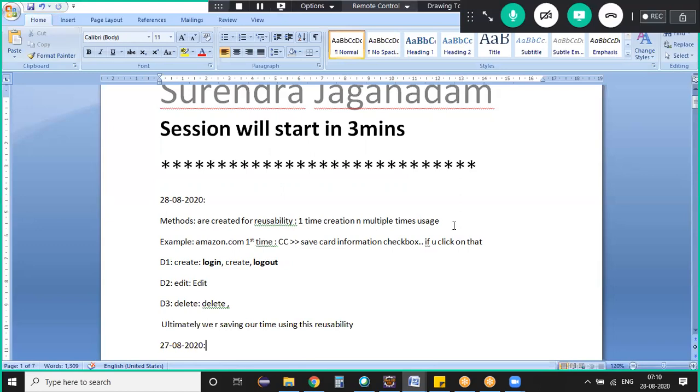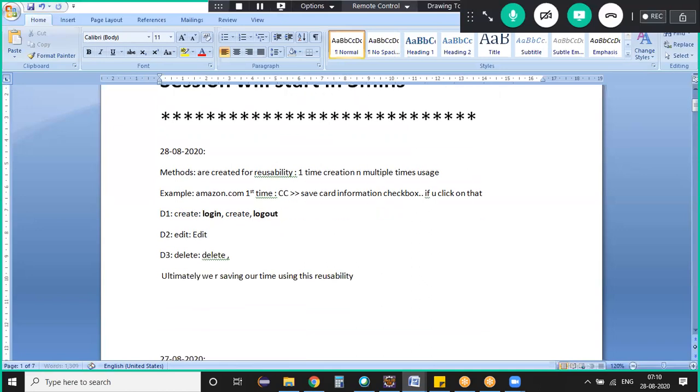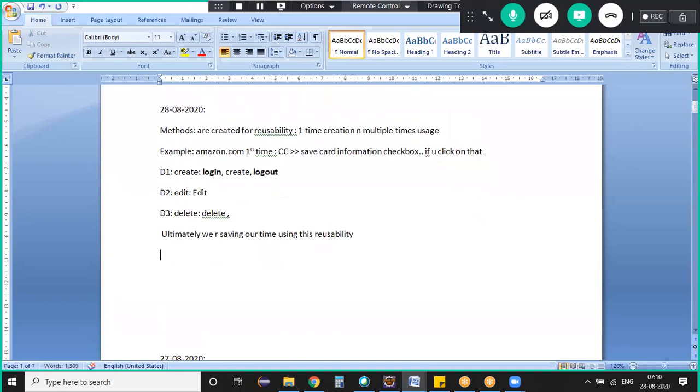The same way, in our automation testing also, we are going to create a bunch of methods, and we are going to reuse those methods. One person will create it and others can simply reuse those particular methods. Great. Then in that situation, how to create a method in Java